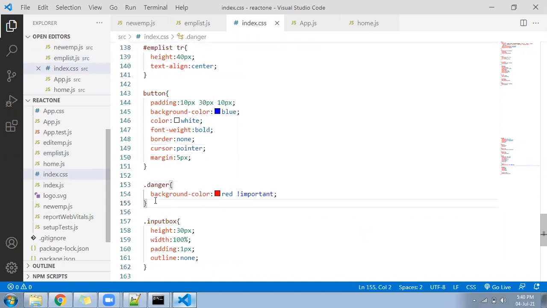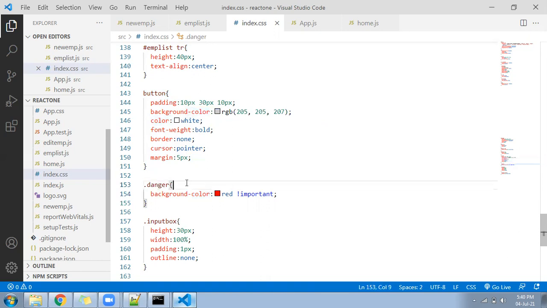Yes, this is dangerous work. If you delete, if you do something here, some risky work will happen, right? So for that purpose I have created a class called danger class. In that I have given the class as bg-danger. I already have some CSS for the button, but I am going to override the blue with the red color here. So I created a class.